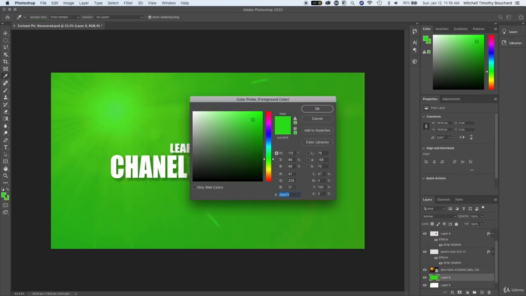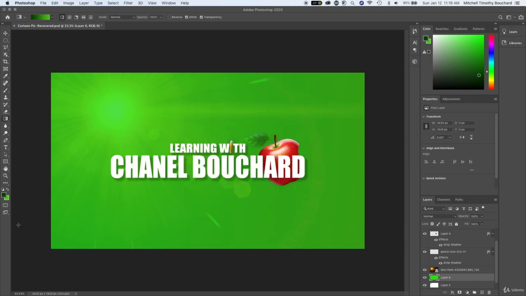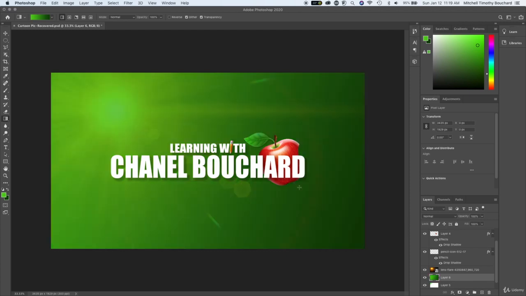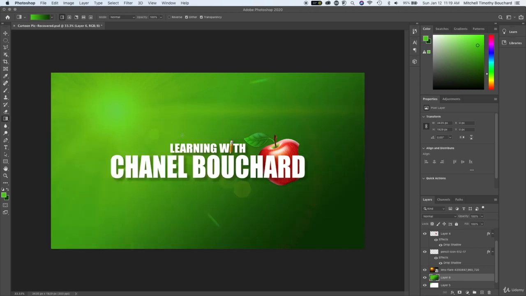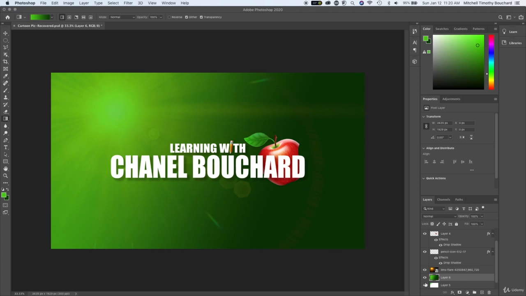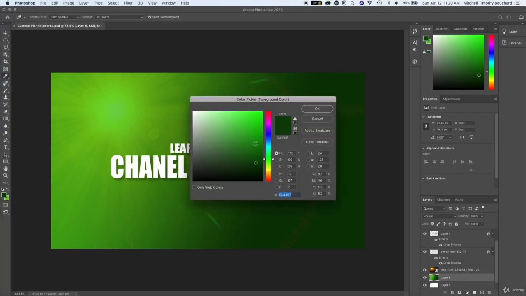And then if I wanted to change this color, I can make it a darker green. And then up here, it'll go from light to dark, which could be a really nice effect as well. And then obviously it's going to change the angle of what you're doing. So if you think about it in a practical sense, this light is going to be very harsh, and it's going to get darker towards the bottom right. So again, you could start from even the source, drag it down towards the apple, and that adds a pretty nice effect. I like this a little bit more because of what we're going for, but you could, in a sense, make this a little bit lighter,